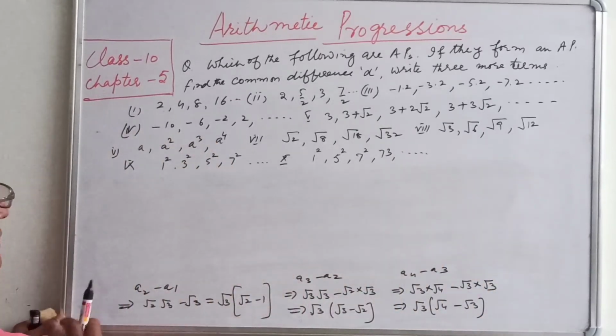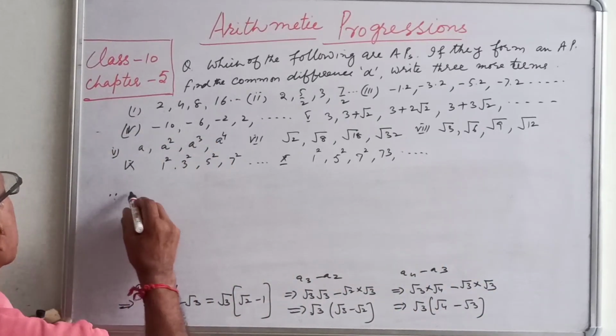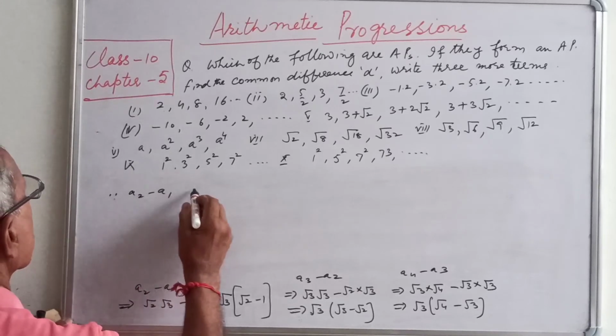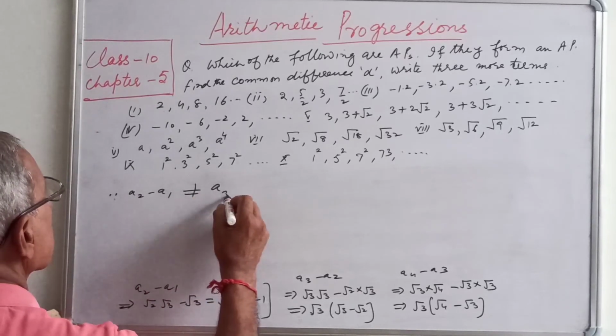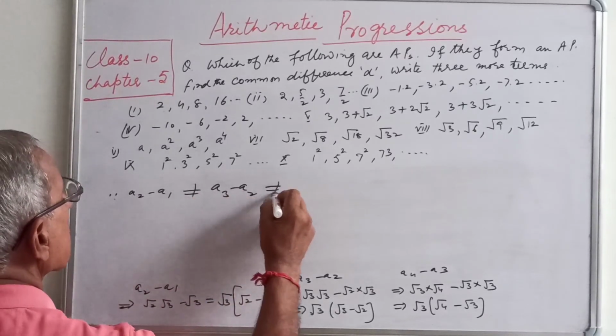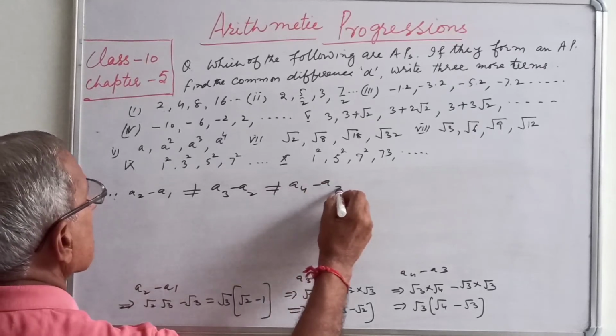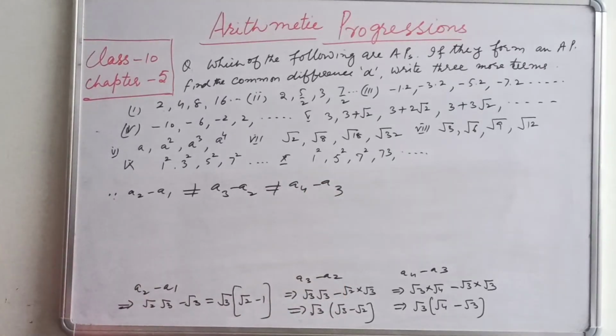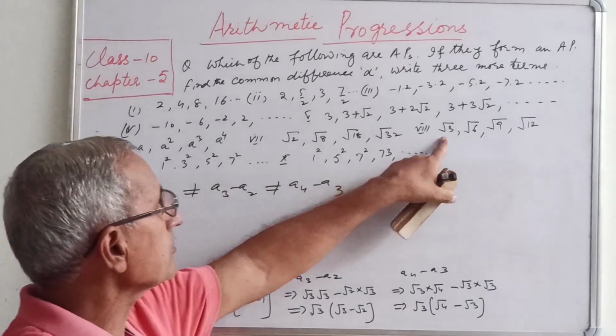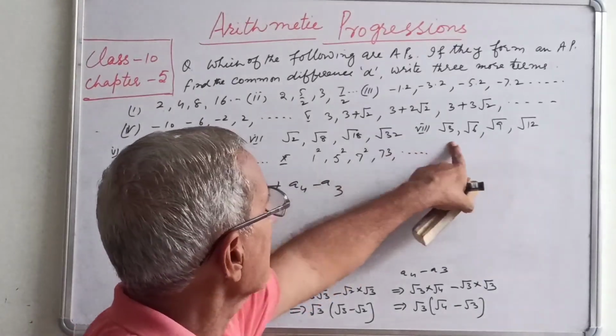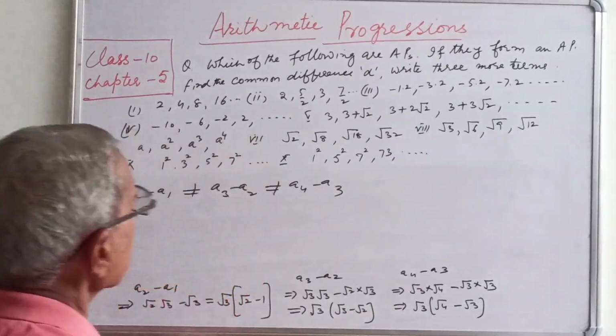अब हम लिखेंगे सिंस A2 माइनस A1 नॉट इक्वल A3 माइनस A2 नॉट इक्वल A4 माइनस A3। सो देयरफॉर द गिवन सीक्वेंस, यानी ये जो दे रखा था, इज नॉट एन AP नहीं है।